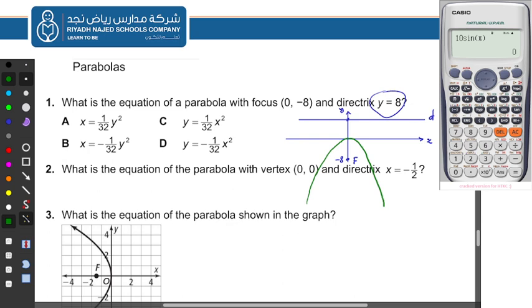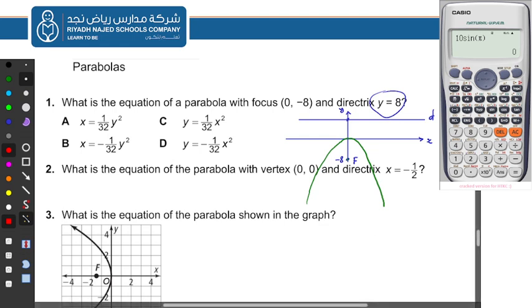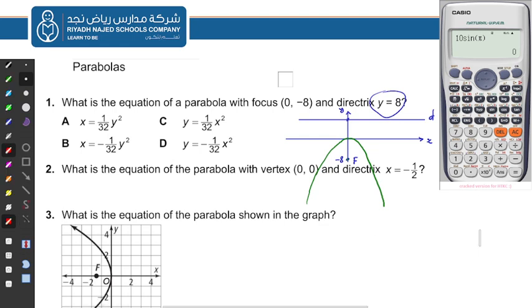The focus is inside the graph and the directrix is on the other side. This is the focus and this is the directrix. So we know that our parabola here is vertical and it is opening down. Okay, so the formula for such a parabola is, we said that the formula for the vertical parabola is y equals